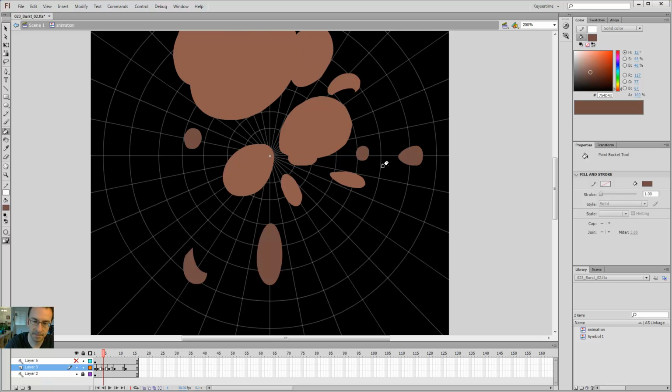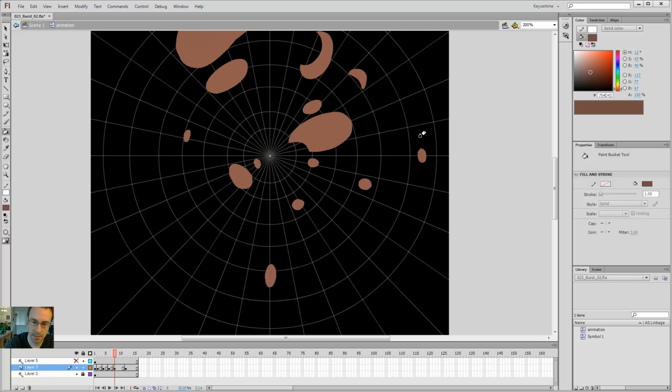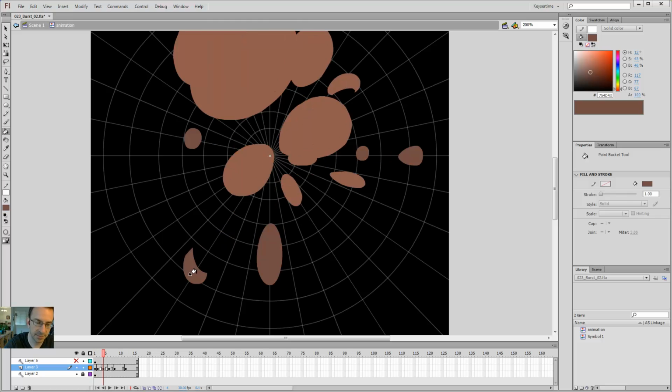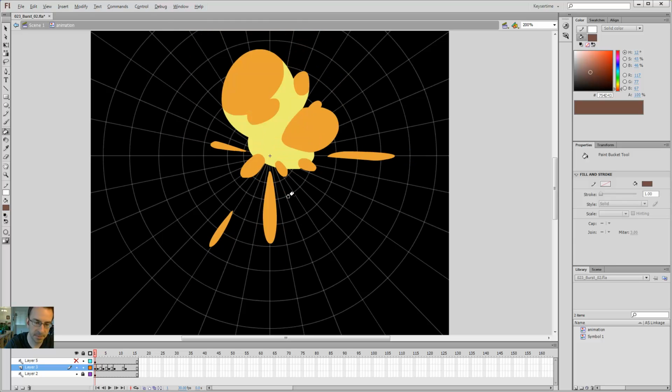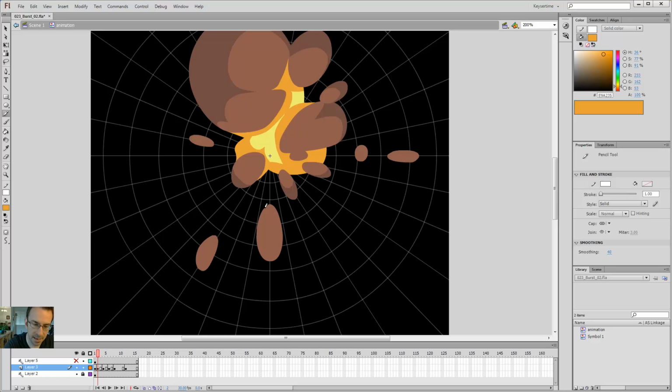Oops, not that one. Like that. Well, that's just going to help a little bit with the sense of it cooling off as it gets further out. It's turning into that darker shape. Secondly, to take it even further,